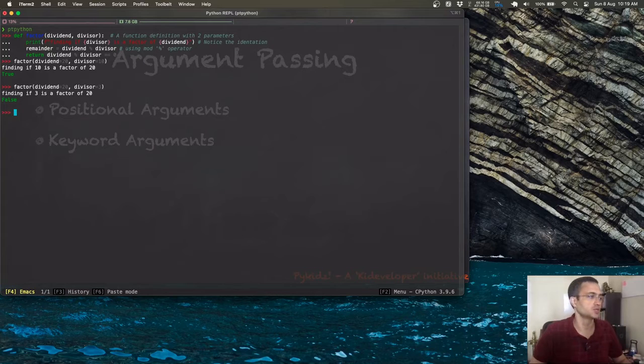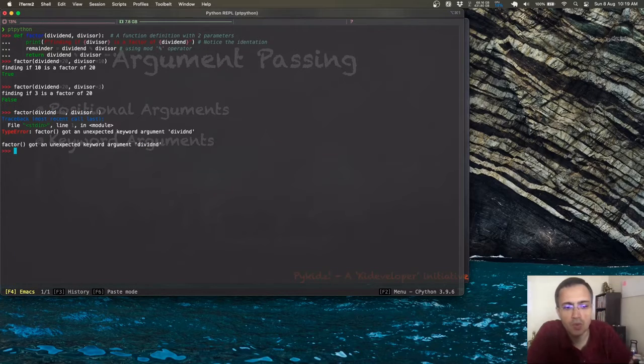Let us do this. So, what happened here? I told you earlier that the keyword should match the name of the parameter, right? So here I made a mistake deliberately to get the keyword name wrong.